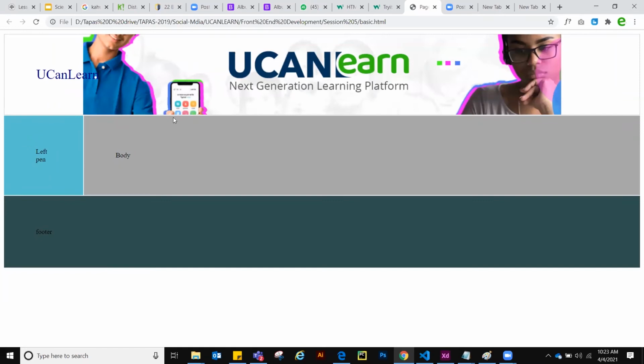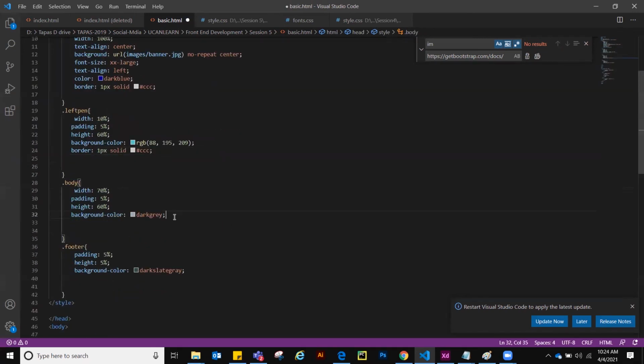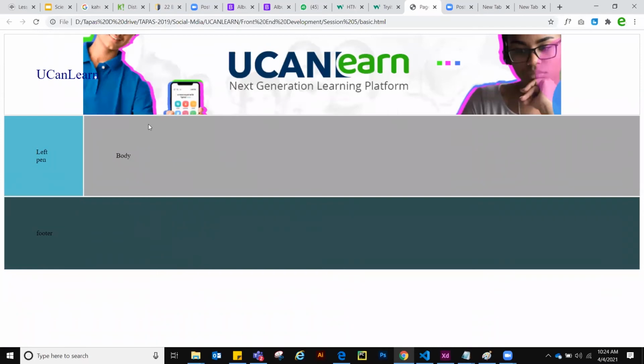Now the border has appeared, right? In the same way, you can put the same code in all the places, so we'll have a nice and beautiful border. Now see, the border has applied everywhere.